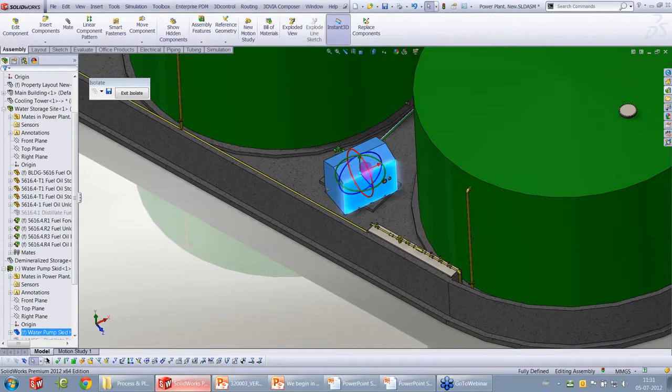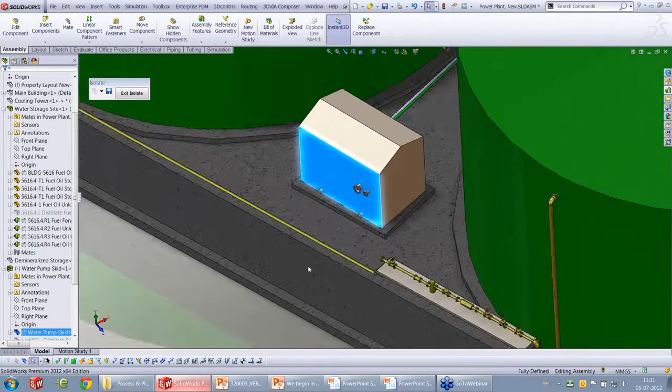We want the flanges to be facing outward, so let me just place it approximately, and then I'm going to